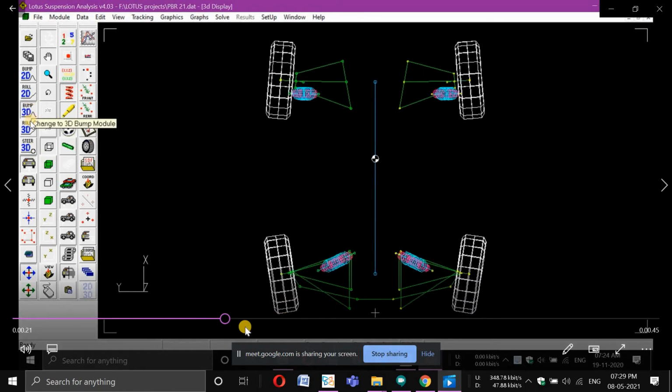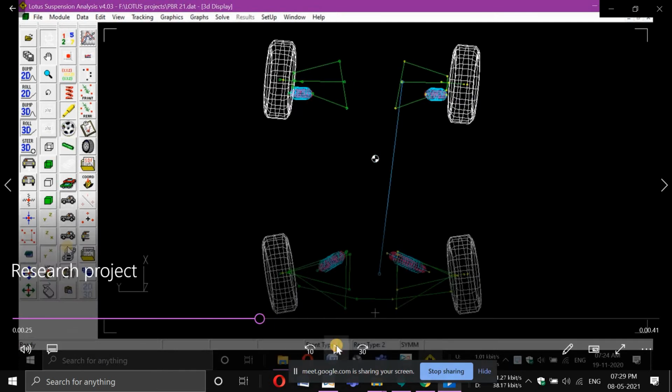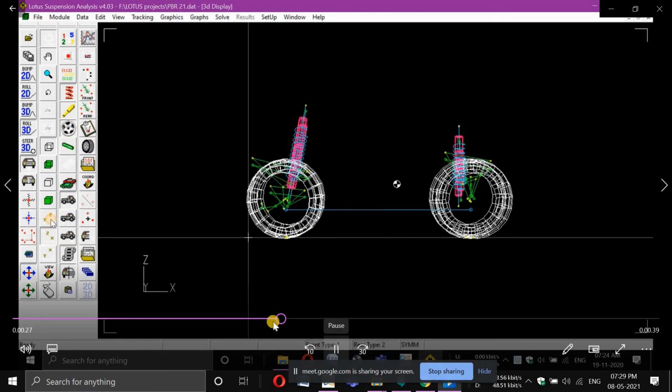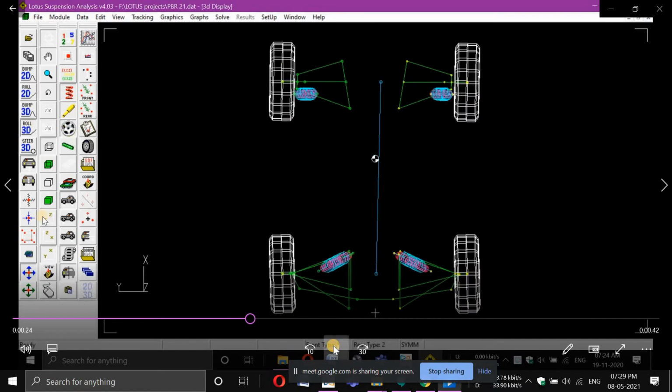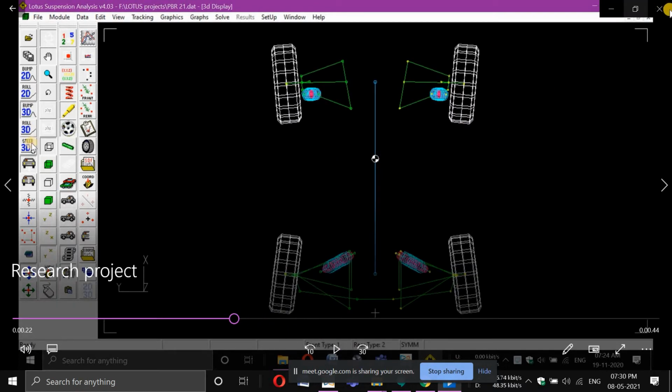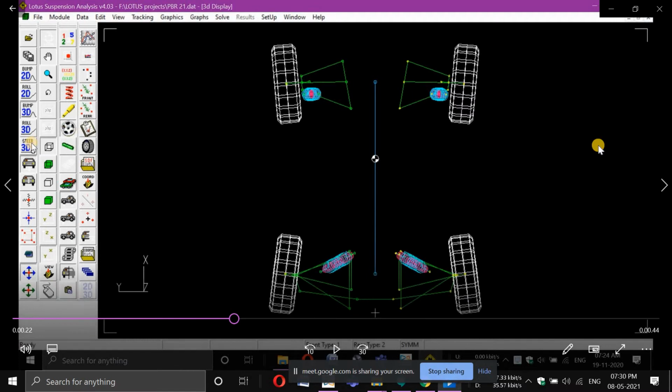So yes, sir, this design was successful until this occurred. This is not what is desired. I will show in the PDF what happens when both the wheels simultaneously go up or simultaneously go down. We were happy with the case where one wheel is going up, the right wheel, and the left wheel is going down. The right wheel is steered outside, toe out, and the left wheel is steered inside, toe in. So we were happy with this design, this concept, and this simulation.